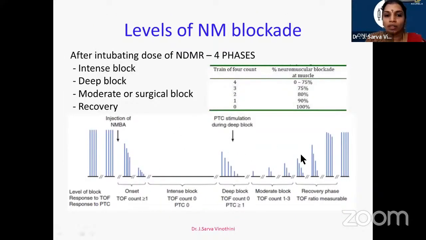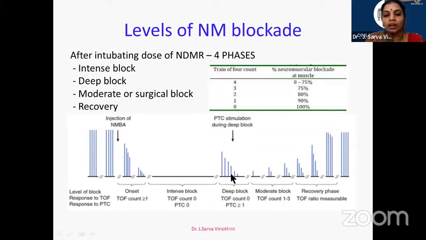So what are the levels that happen with a neuromuscular blockade using a non-depolarizing muscle relaxant? Once we have administered the non-depolarizing muscle relaxant, we can see there is a twitch suppression, and eventually when the block is very intense, we can't elicit any TOF count at all. So when we can't elicit any TOF count at all, we have to look for post-tetanic count. So if the post-tetanic count is also 0, then the block is said to be